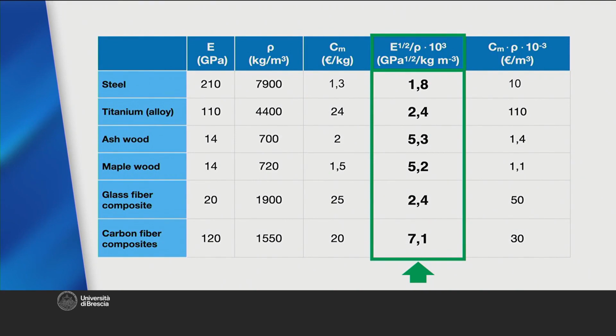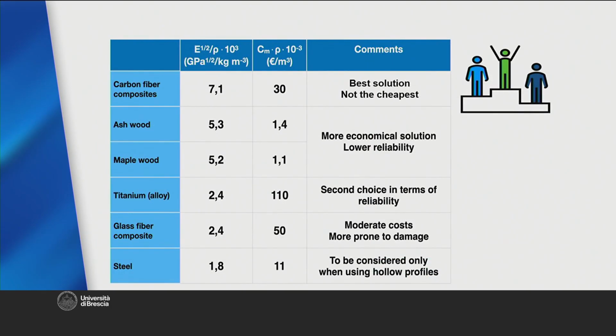In this comparative table of the selected materials, we can see a list of the properties useful for comparison: the elastic modulus, density, cost per kilogram, and two derived properties, the performance index, which is the square root of E over rho, useful for ranking the best materials, and the cost per unit volume, that is, cost per kilogram divided by density, which will help us better compare costs, considering that the rods will have the same length and similar sections. The results are presented here according to the ranking determined by the material index, and the following considerations can